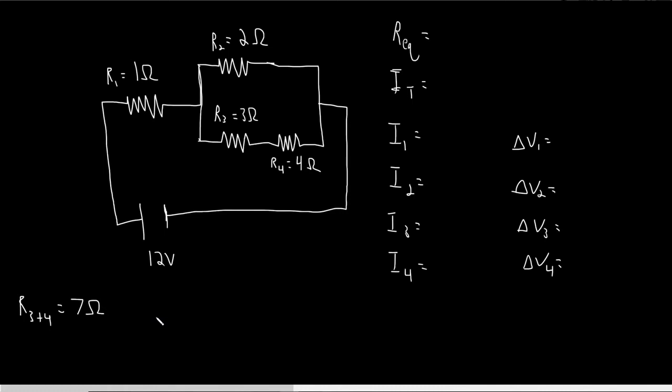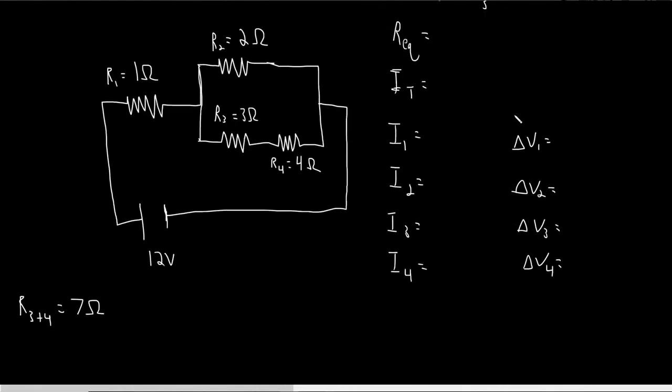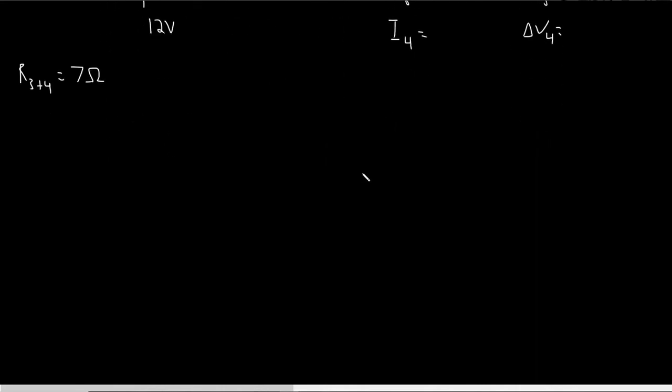But they are in parallel with resistor 2. And so in parallel, with my parallel circuits right here, the equivalent resistance is equal to 1 over R1 plus 1 over R2 plus 1 over R3 plus, you could do that for infinity if you have an infinite number of resistors. Big thing is that you raise it to the -1 exponent there at the end. All right. So I've got the 2 ohm resistor, and I can even rewrite this circuit now. Just kind of show you what I'm doing here. So now we're looking at